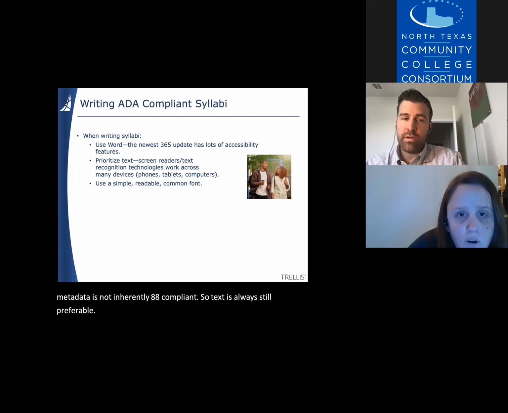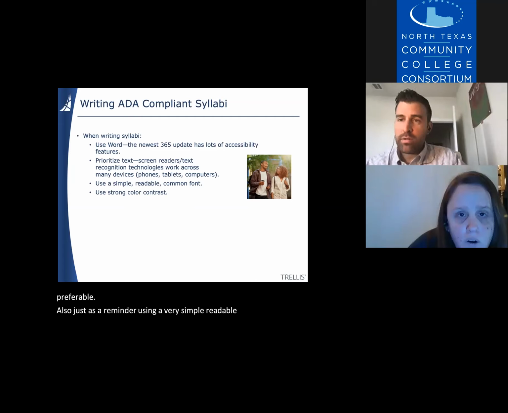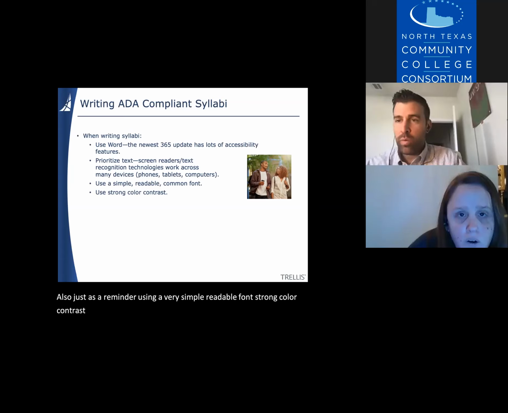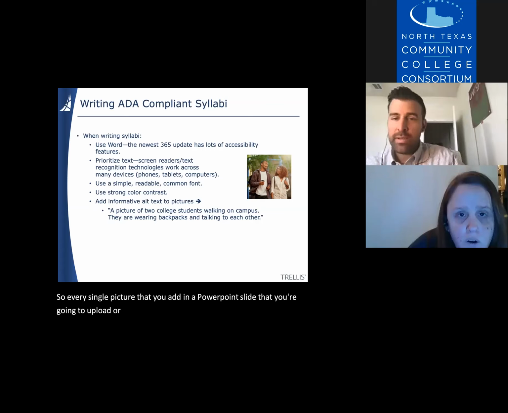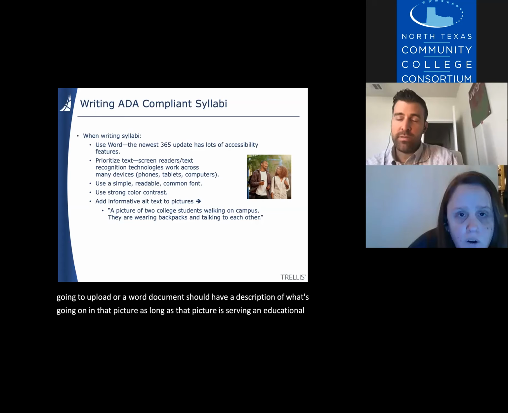Also, just as a reminder, use a very simple readable font and strong color contrast on both PowerPoints and Word documents, any assignment handouts, all that kind of stuff. And add informative alt text to pictures. So every single picture that you add in a PowerPoint slide that you're going to upload or a Word document should have a description of what's going on in that picture, as long as that picture is serving an educational purpose. If it's a decorative picture, like a logo, for instance,